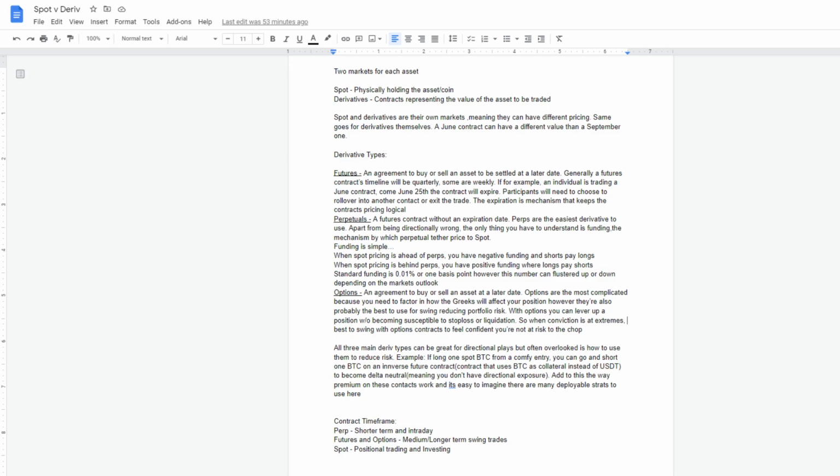So to end our little cheat sheet that we have here, I wanted to end with the point of what the contract timeline should be. And this is opinion. However, I doubt that there's really anybody that's going to disagree with this approach, that you should use perpetual contracts for shorter term and intraday plays, right? So if you're going to hold a position for minutes, hours, or a couple of days, you're going to want to lean towards a perpetual contract, because